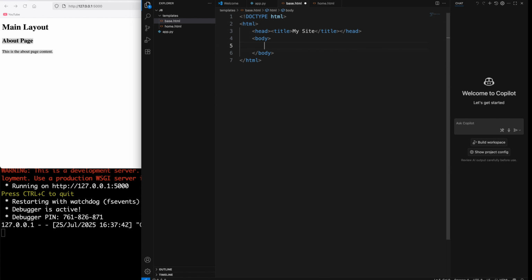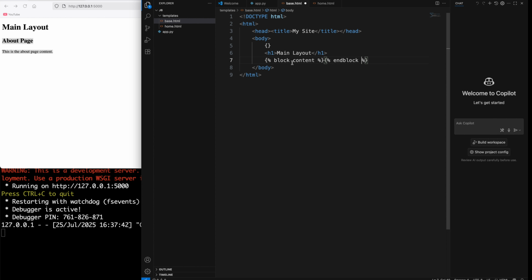Again, in the body we are going to have the header, so we can say header h1 and main layout, and inside of this we are going to put the Jinja part, and above it we are going to put another Jinja part. Now in here what we are going to type is what we have used previously, which is percent sign, and between these two percent signs we are going to type block content, and then have the same thing again repeated with the text saying end block, so that's the start and end